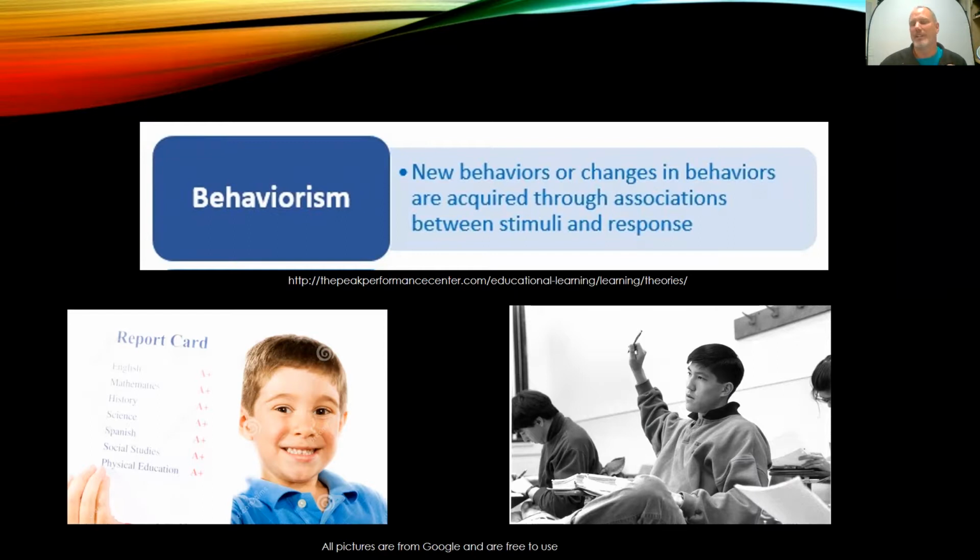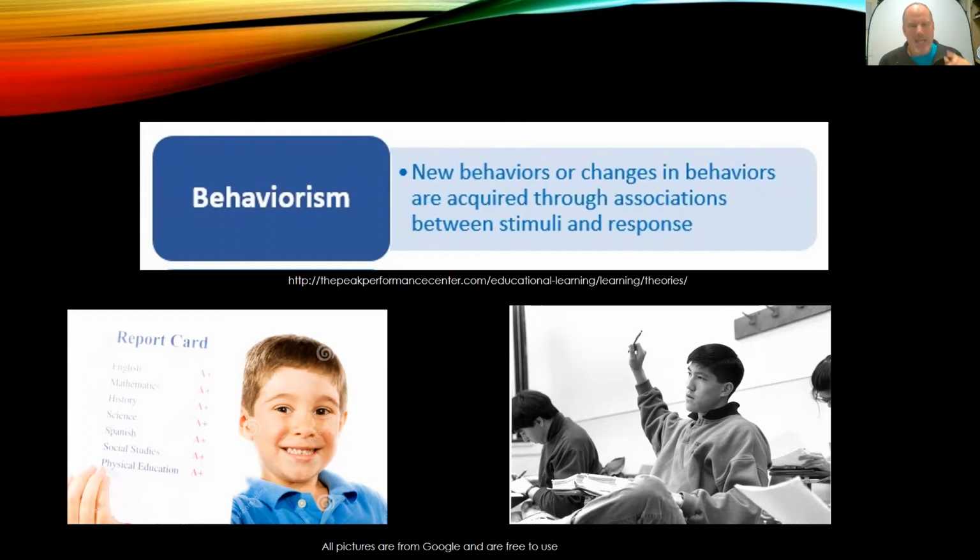For instance, what a teacher needs to do is have an established set of rules for the students to follow. In this example, I use the picture on the bottom right-hand side, which would be raising your hand when you want to answer a question. If you raise your hand, the teacher will call on you, you answer the question, it's a positive learning